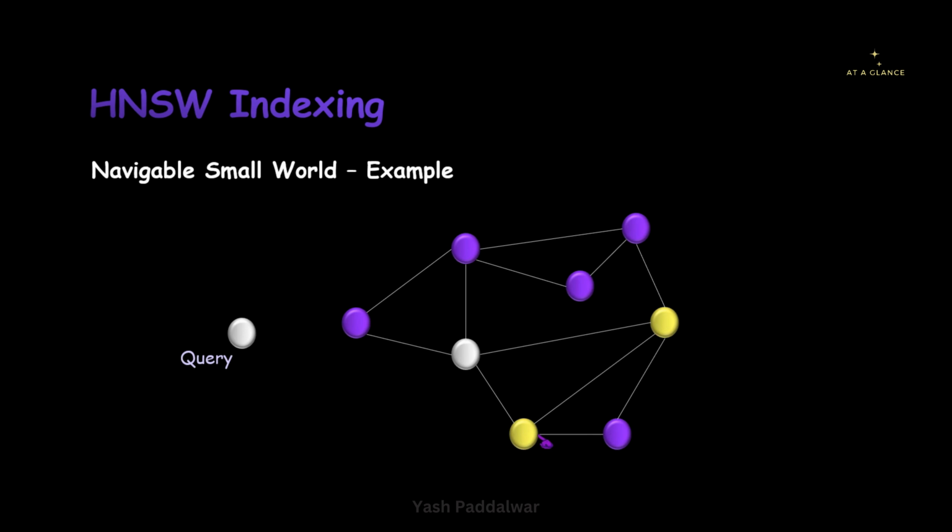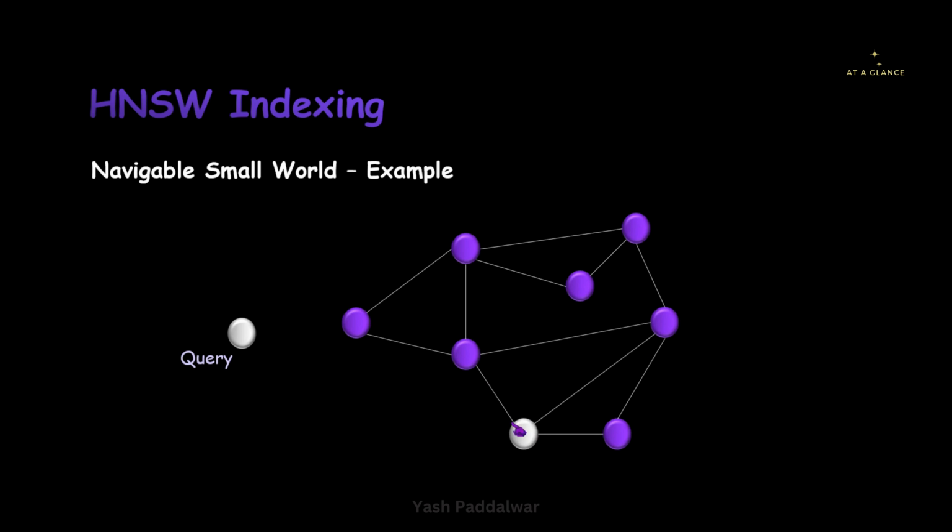Now again we'll do the same operation. We already have the similarity between this current node and the query vector. Now we'll compute the similarity between this neighboring node and the query vector, and this other neighboring node and the query vector. Whichever similarity is greater will shift the name of the current node to that neighboring node. So let's say in this case, this particular node is having more similarity than the other neighboring node. So we'll name this neighboring node as the current node.